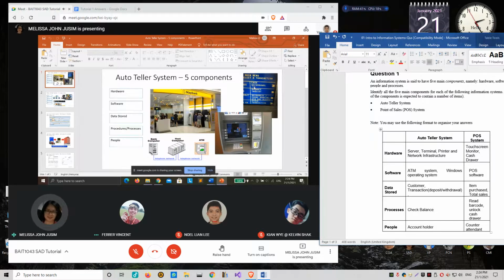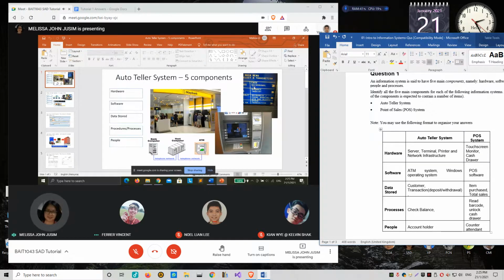Okay, the user will enter the amount that they want to withdraw, and then the user will get the amount of money that they entered. At the same time, what will the system do? Print out the receipt, yes, towards the end. That is one of the processes, to print the transaction receipt.